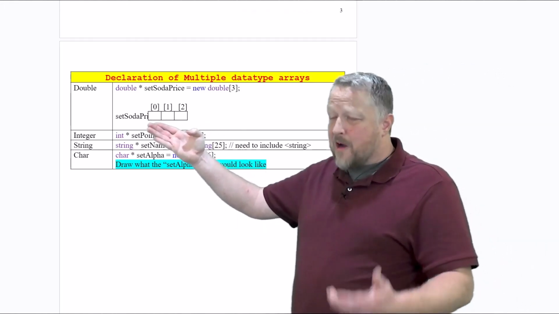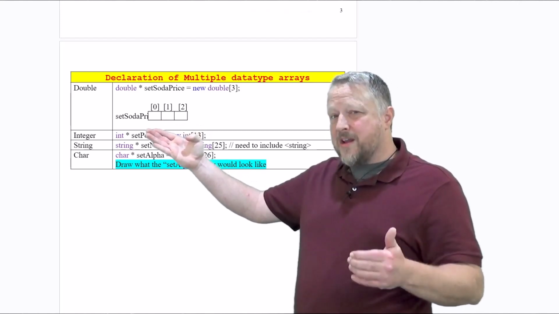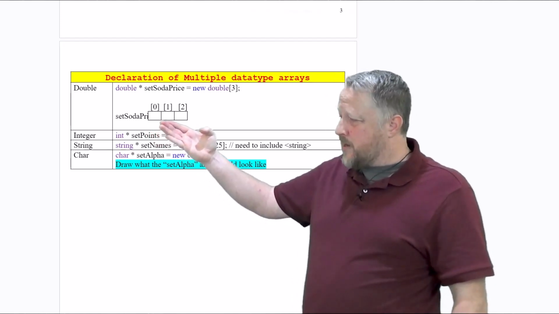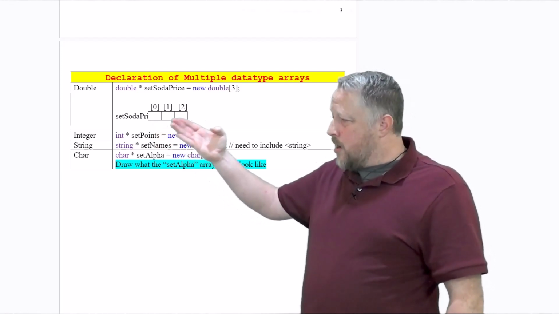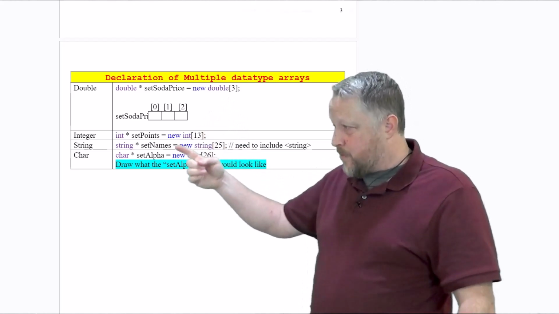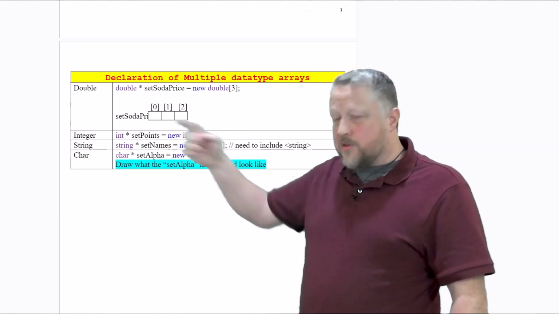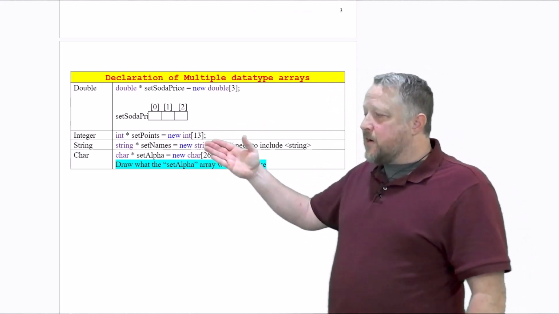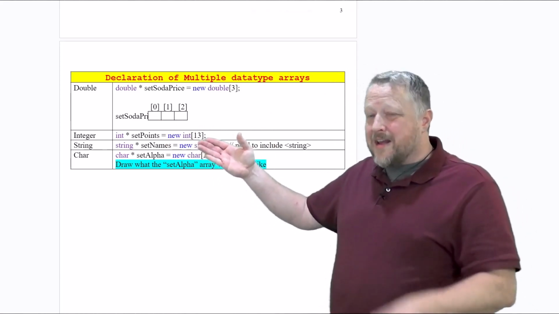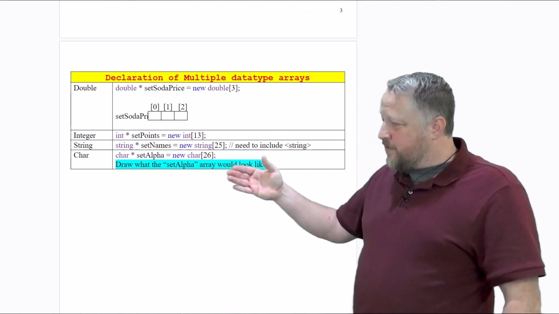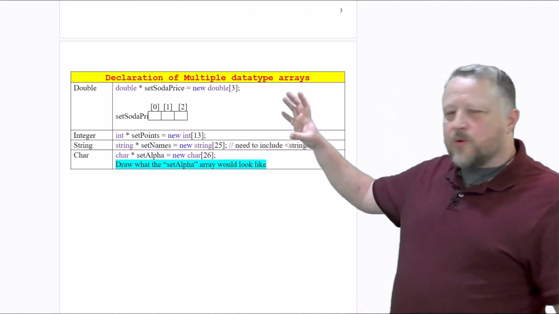We're going to have, for right now, the items that are really going to be in there is garbage. I'm going to leave it blank here because I really don't want to throw garbage in there, but it'll start at index 0, 1, and 2, and that's because I set it for a size of 3. Now remember, that's 1, 2, and 3. Even though it starts at 0, that is the size of 3. This particular one would start at 0 and end at index number 12. This would start at index 0, end at 24, and then